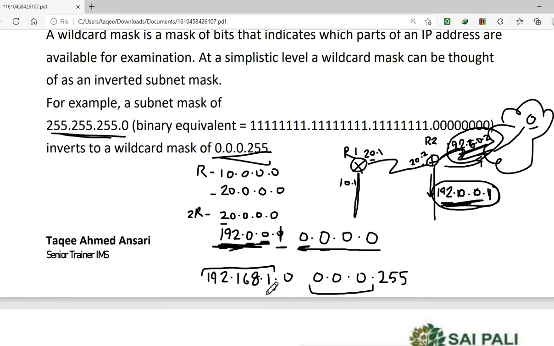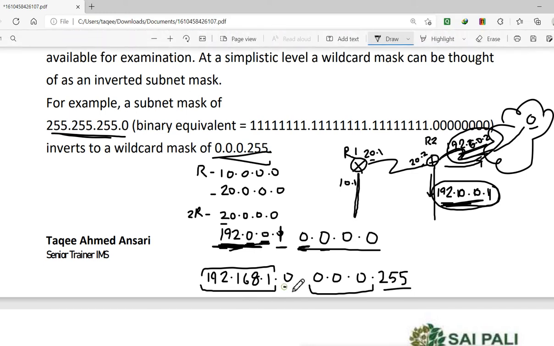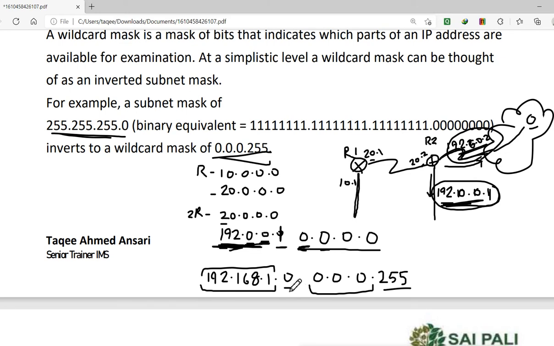That means this is the network part. Match the network part exactly. It must be 192.168.1. It cannot be anything else. And this 255 is saying that anything here can be, it can work. So it will enable the routing on all the interfaces of 192.168.1.1 or 1.0.